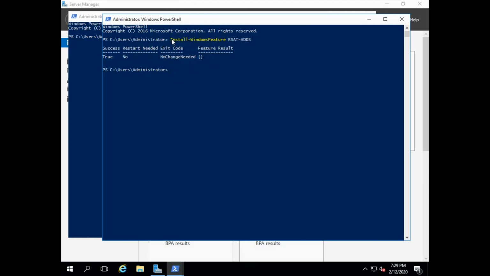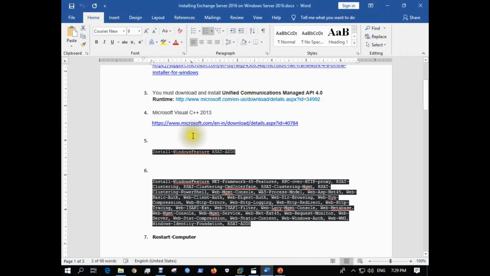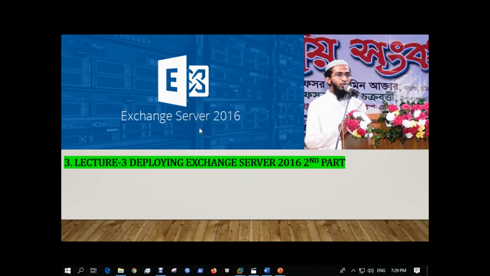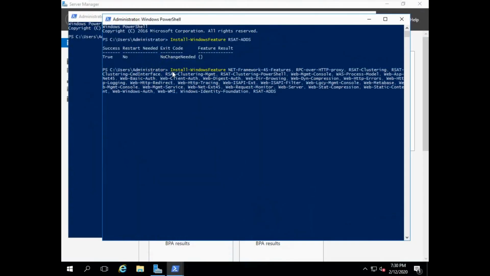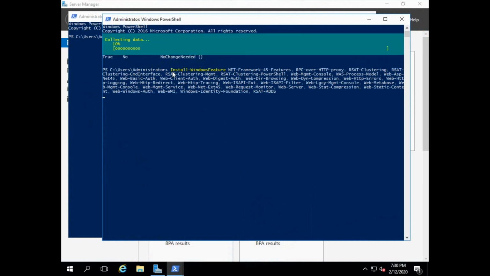It will enable remote management. Then copy and paste the second command into the PowerShell. It's a really big command. It will install various roles and features.